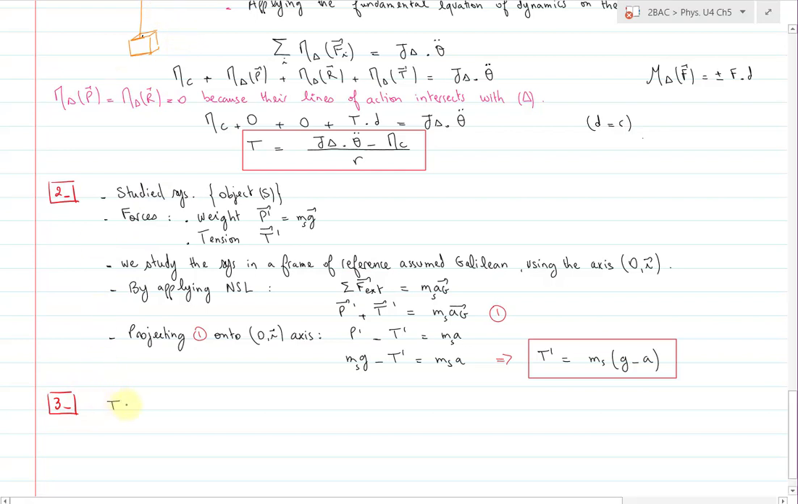So t is equal to t prime is equivalent to so j delta theta 2 dots minus mc